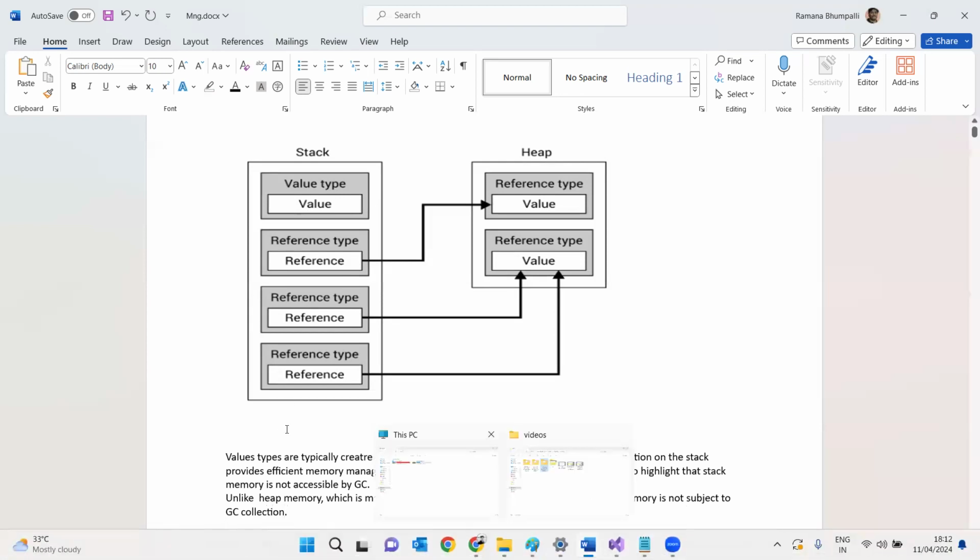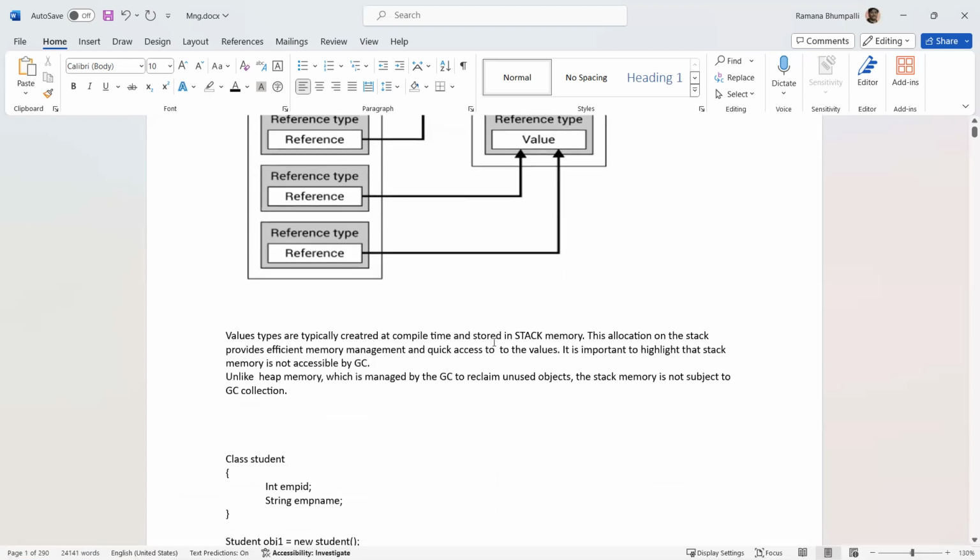Value types are typically created at compile time and stored in stack memory. This allocation on the stack provides efficient memory management and quick access to the values. It is important to note that stack memory is not accessible by GC, unlike heap memory, which is managed by GC to reclaim unused objects. Okay, so